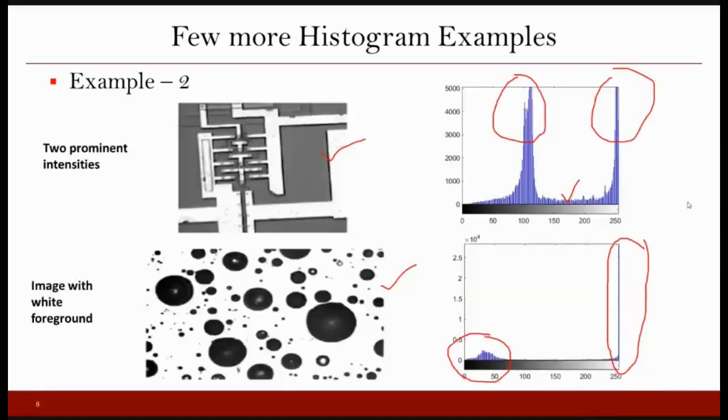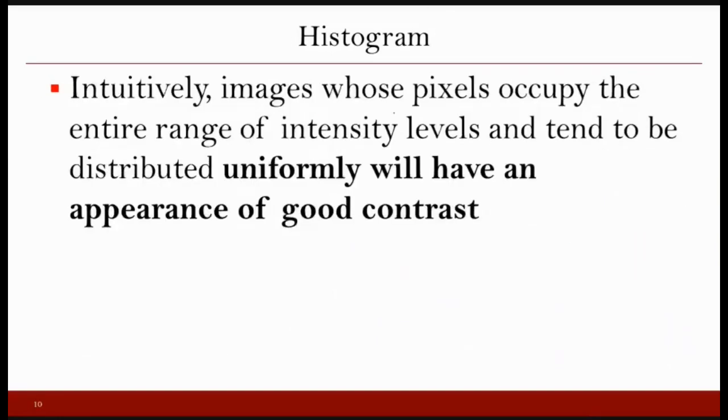So intuitively, for a good image, the histogram should be uniformly distributed across the gray levels that you have. If you have, let's say, gray levels between 0 to 255, then your entire histogram should be uniformly distributed between these ranges. It should not happen that a lot of pixels are accumulated at 0, or a lot of pixels are accumulated at 255, or there is accumulation somewhere in between. If it is a uniform distribution, then it is seen intuitively that it corresponds to a good image.